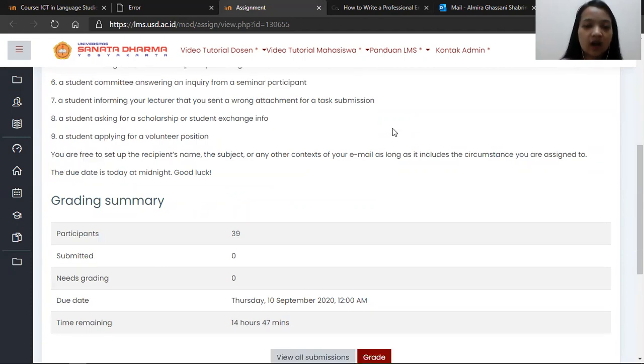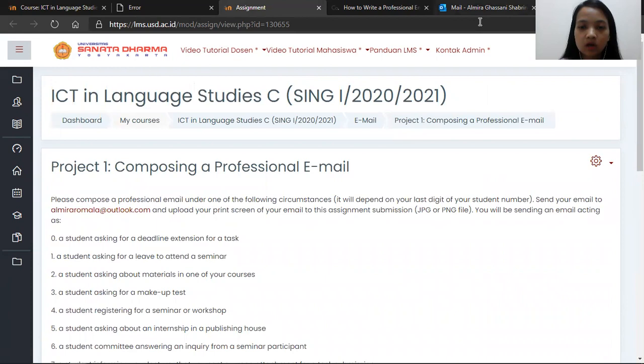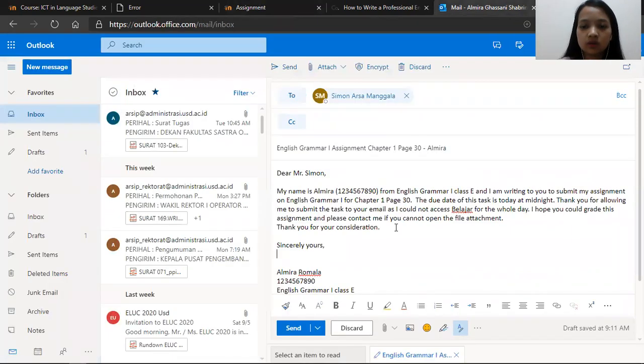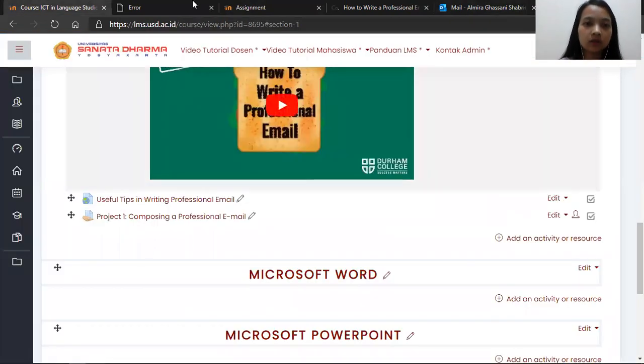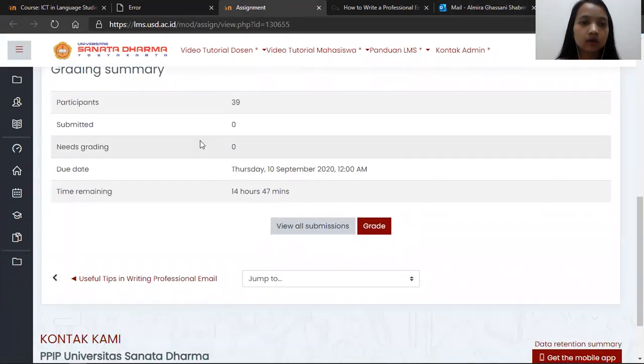And then you need to upload the printed screen, or the screenshot. So you can use it like this. When you are done with writing the email, you can just push the button of print screen on your keyboard like this. So it will be directly saved. Yeah. So I cannot demonstrate how to submit it, as I'm not the student in